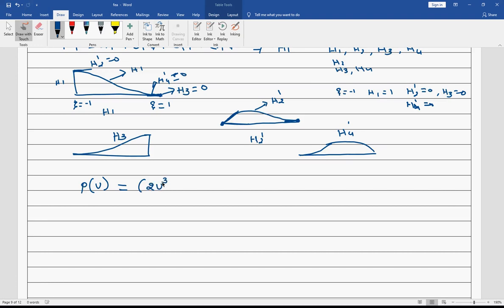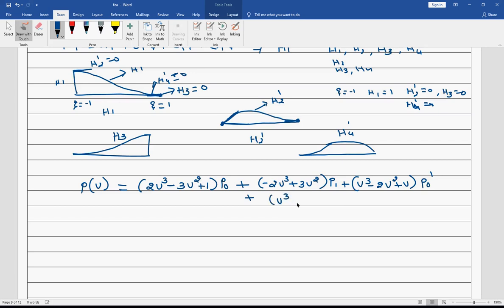It is 2u cube minus 3u square plus 1, if you have the notes you can open, plus minus 2u cube plus 3u square, p1, plus u cube minus 2u square plus u, p0 dash,